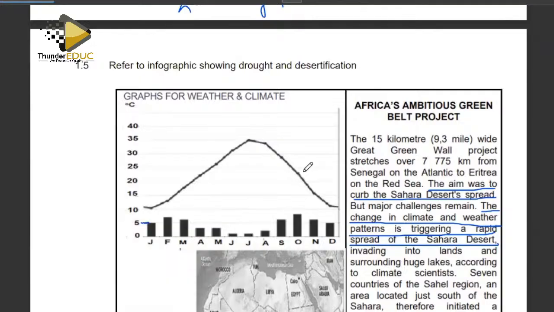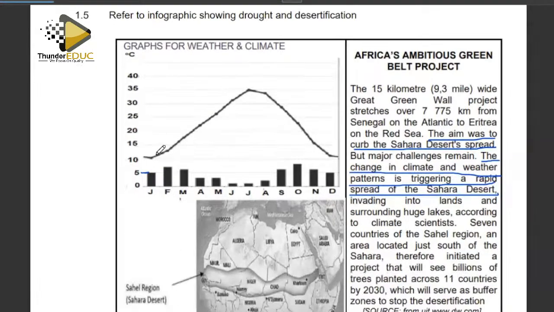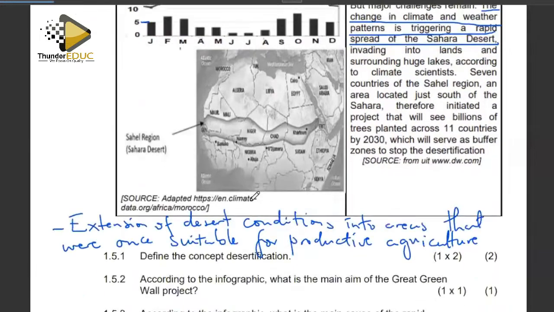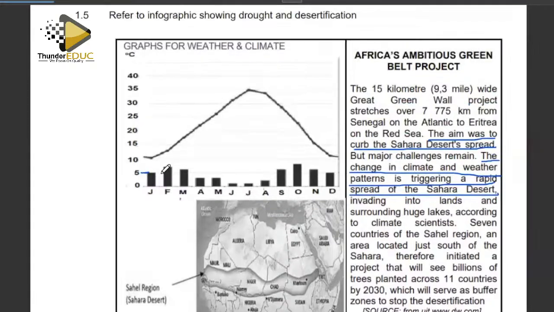And if we try to check and analyze there, the graph is showing us two extreme sides of temperature and rainfall. So our graph for temperature is the one which is graphs for weather and climate showing desertification. Right, so if we check on the graph here, we can see the reading for January, and we say check the reading for